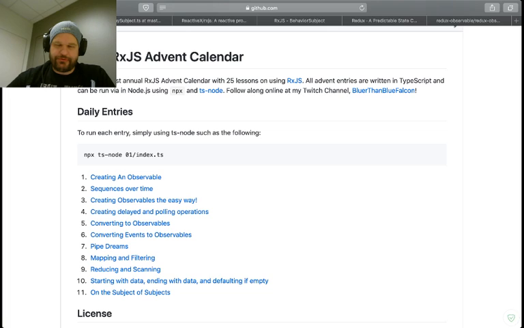Then we moved over to our polling operations of timer and interval, and then we went into conversions of observables from other data structures, whether it was promises, other observables or